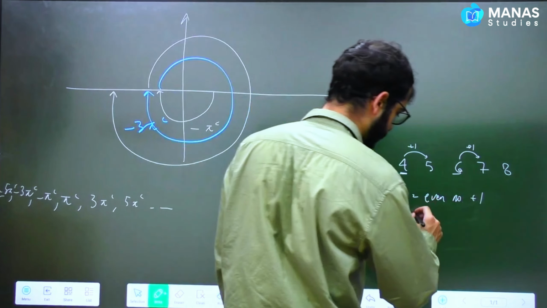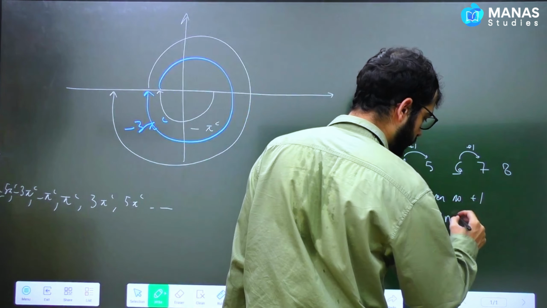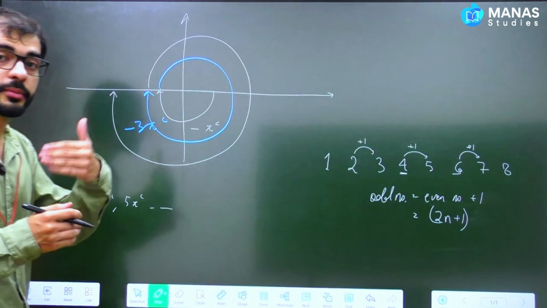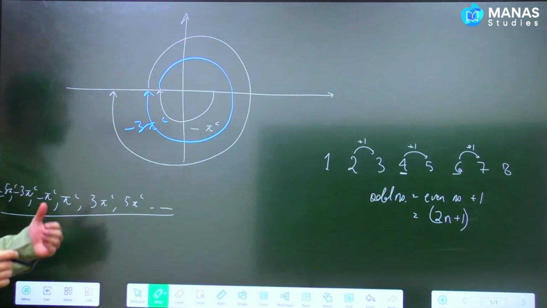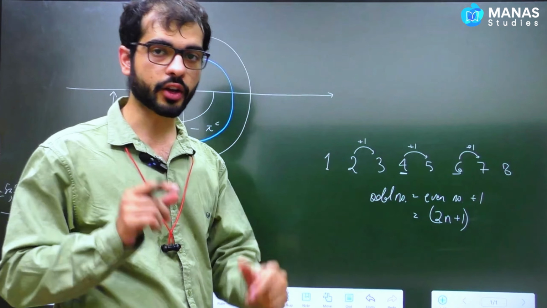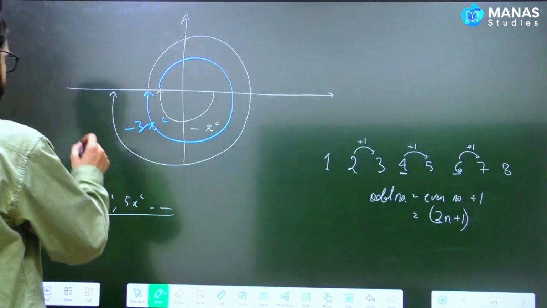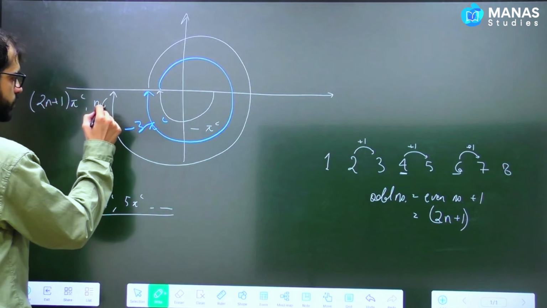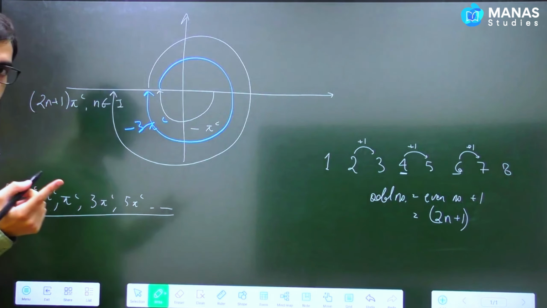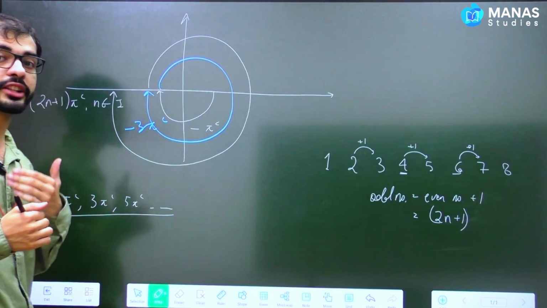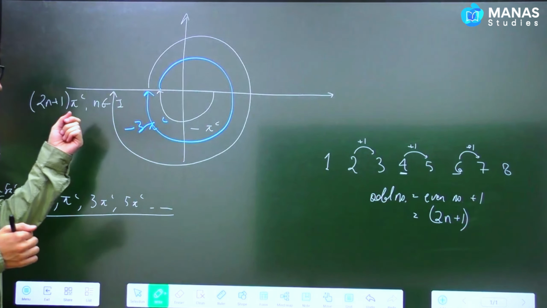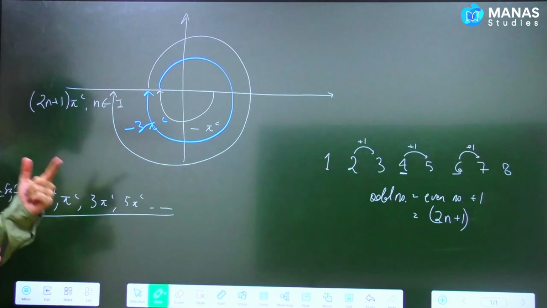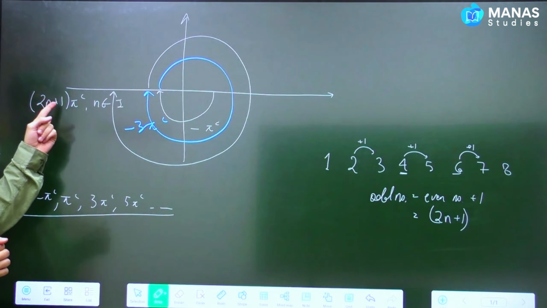And as we just saw in the previous case, we can write an even number as 2n. So an odd number becomes 2n plus 1. So the angles corresponding to the negative x-axis are going to be odd multiples of pi. So I'm going to write over here (2n plus 1) pi radians, where n belongs to the set of integers. If n belongs to the set of integers, then 2n plus 1 will represent all the odd numbers. If I put n equals 0, I'll get pi radians. If I put n equals 1, I'll get 2 plus 1, 3 pi radians. If I put n equals 2, I'm going to get 2 times 2 plus 1, 5 pi radians,